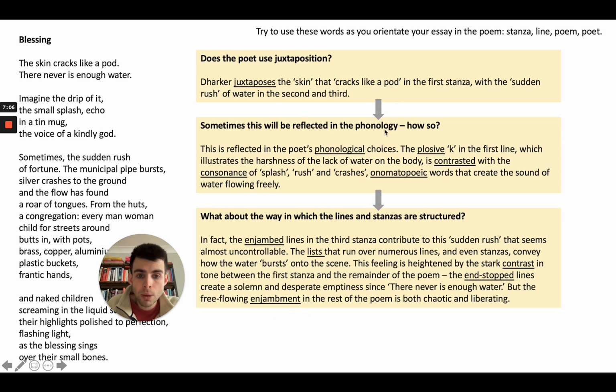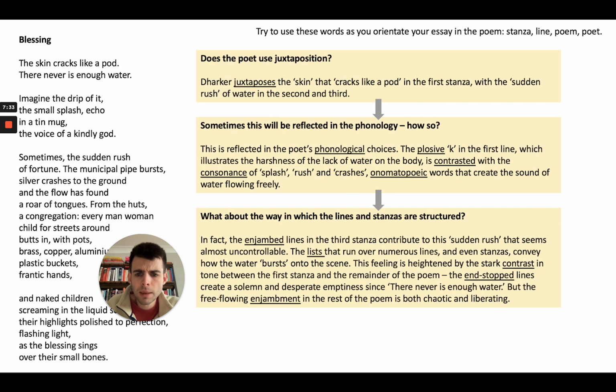Now you can see the reason I put arrows here is because you can see how I'm building on my structural analysis. I'm not just saying one thing. I'm building on it, and you can see I've underlined the different techniques that I'm focusing on as I consider the effects within the poem. Okay, so that's an example and something you could use, and it's worth picking out my phrases and just having a go at writing about another poem or this one, but saying something else.